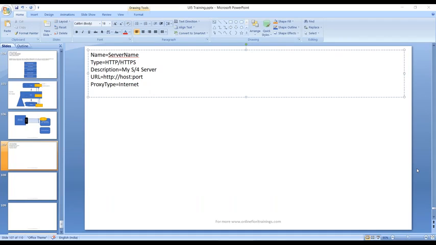Then you have to give more properties like information about how the user will be authenticated. We should never give any hard coded username password in our file. We should give an authentication mechanism, and we can say no authentication, which means the moment you try to connect to the server, the system will pop up a logon pop up automatically. So we should say authentication, and we say no authentication, and I say Web IDE